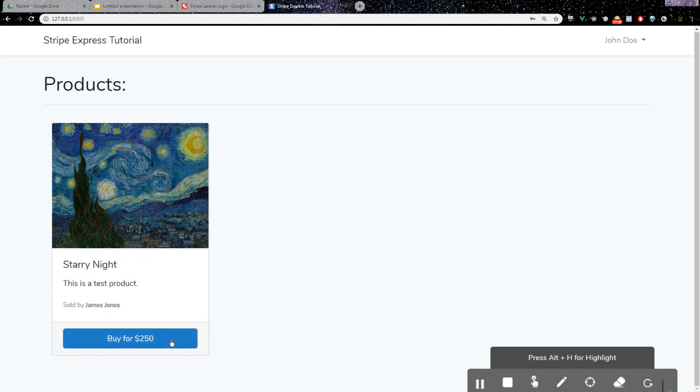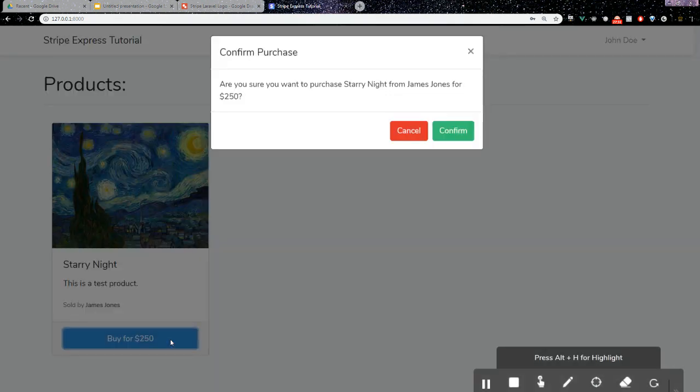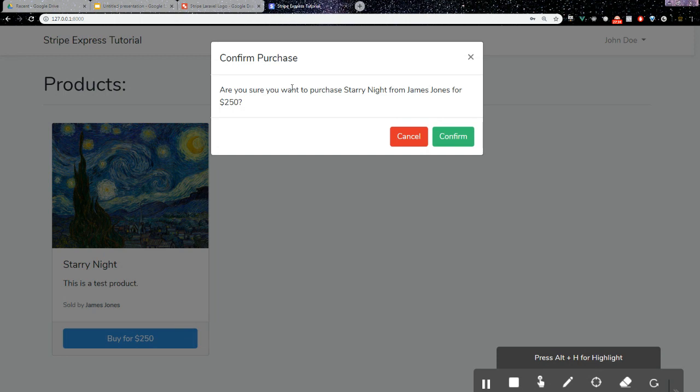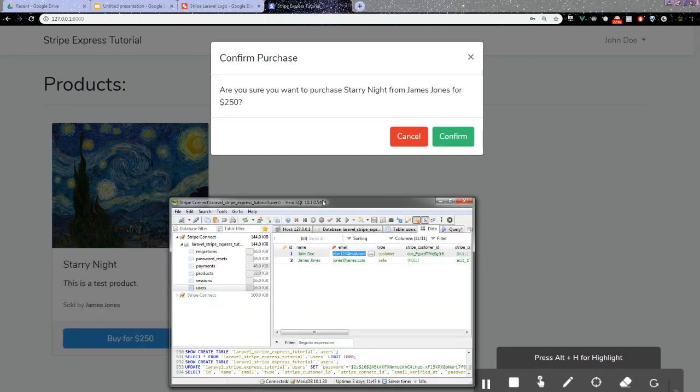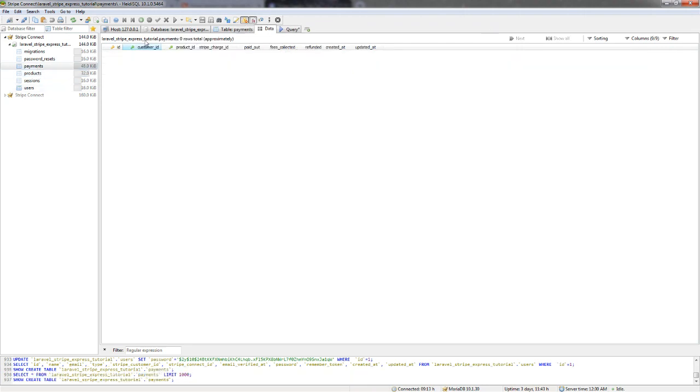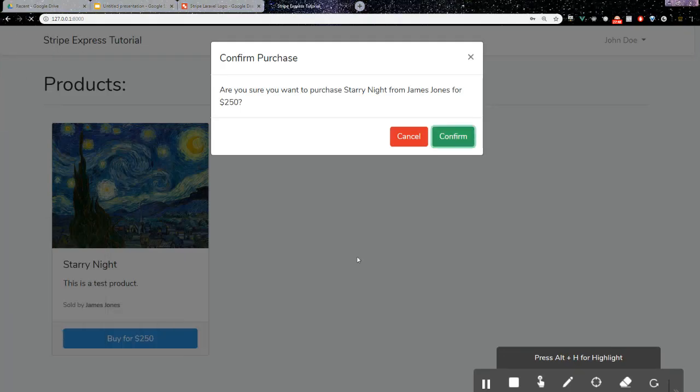and now we should be able to buy a product. So let's click this button. It should open a modal for us. So are you sure you want to purchase Starry Night from James Jones for $250? And so, yes, we want to confirm that. Let's actually look at the database real quick. Let's check our payments. As we can see, there's nothing in there. But when we click confirm,